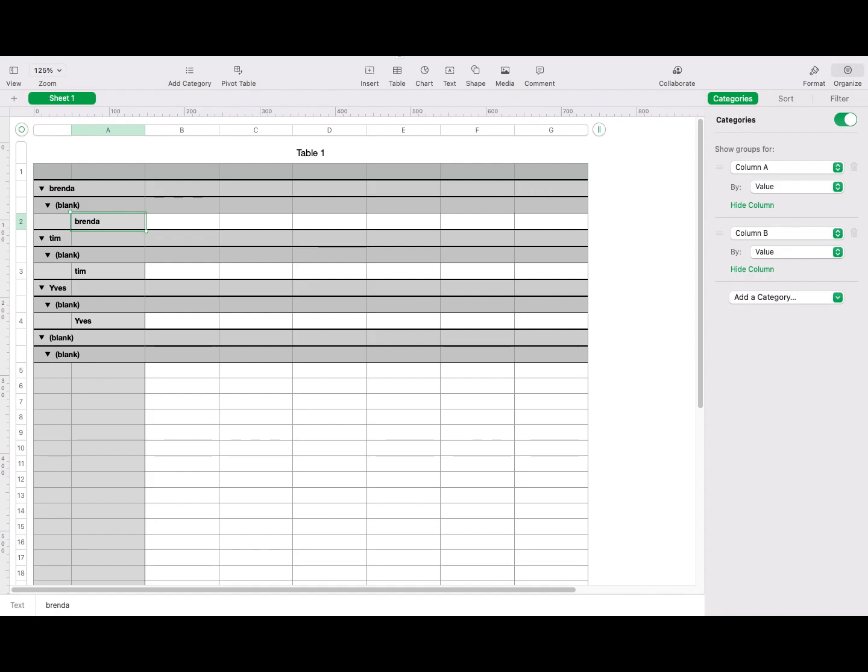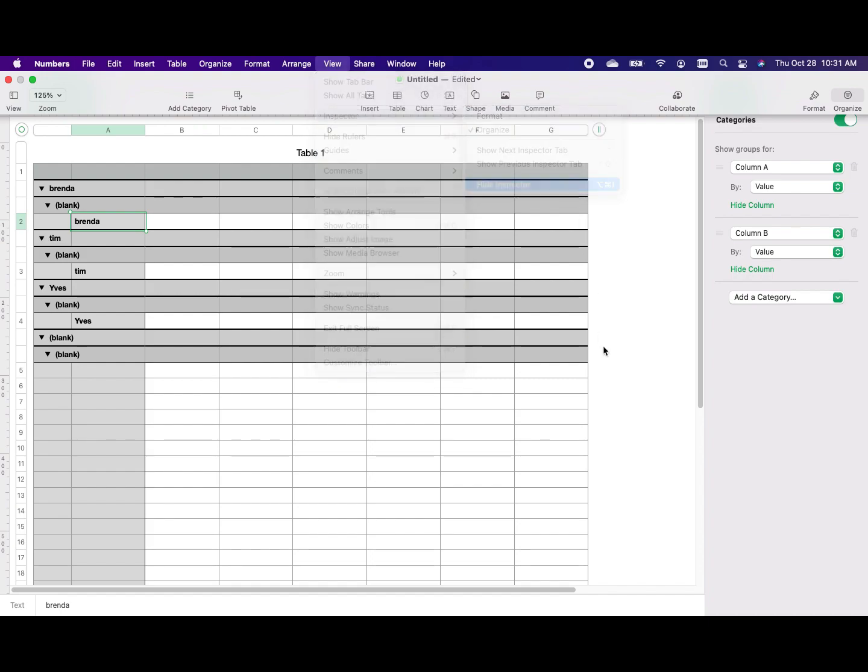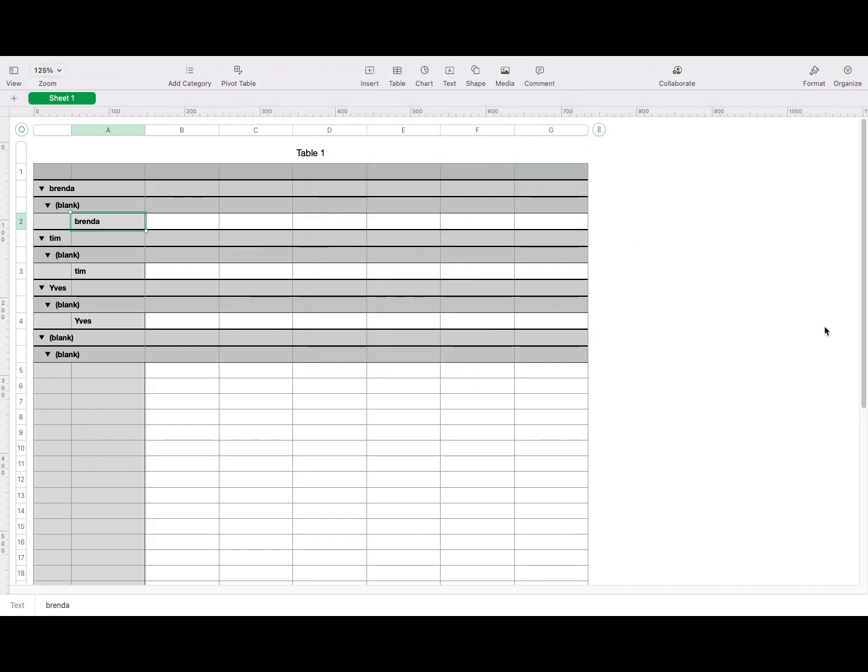But they're categories. Now you can hide this sidebar if you want more space for your spreadsheet in the Numbers window. You can also make the sidebar appear when it's hidden. To do that, you'll go back up to that View tab, go to Inspector, and then Hide Inspector. That way you can have that space if you need to see something or spread out your information, because this table here